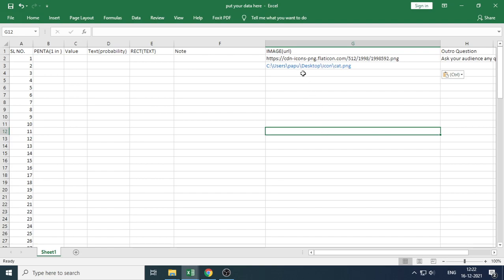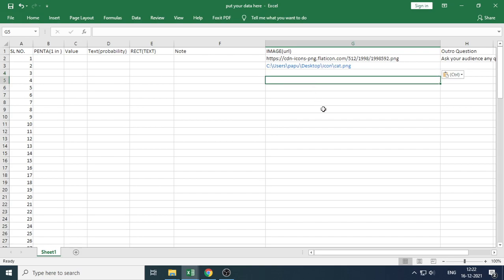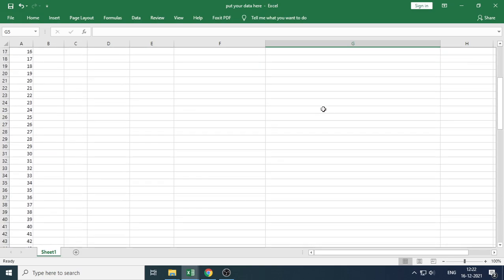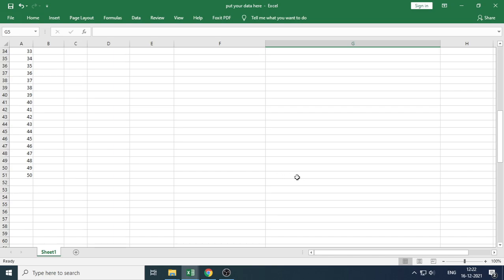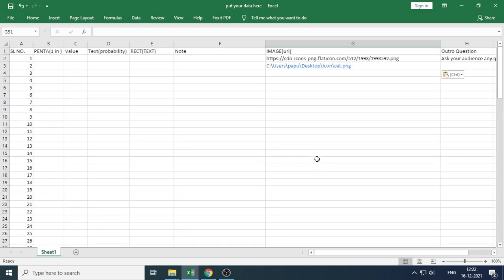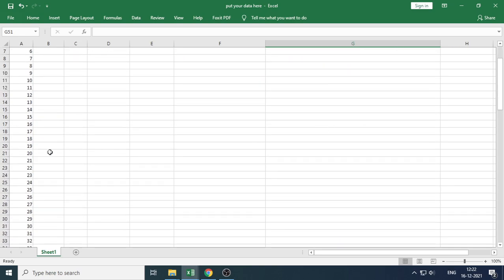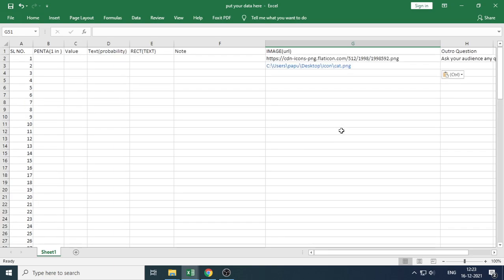So make sure when you run the program or import any data from this Excel sheet, your image URL column should not be blank. Okay, if you are working on 50, then you have to fill all 50 cards. If you reduce your 50 to 40, then you have to fill all 40.